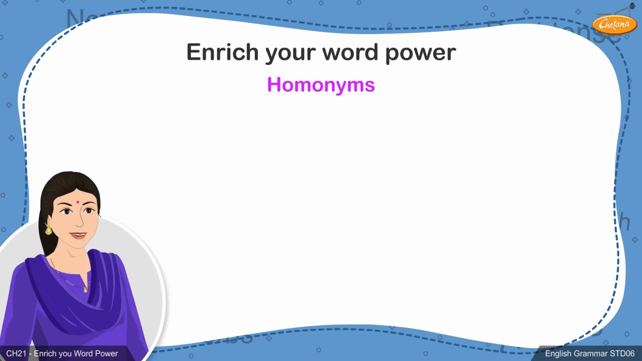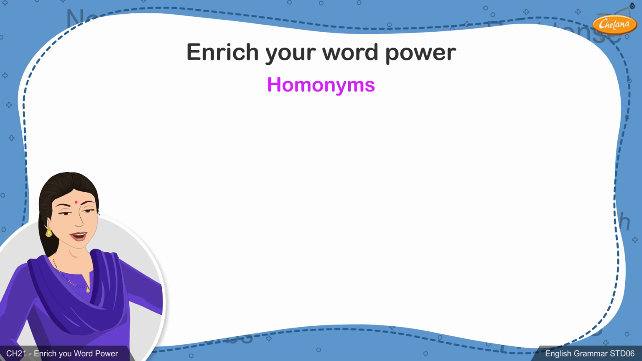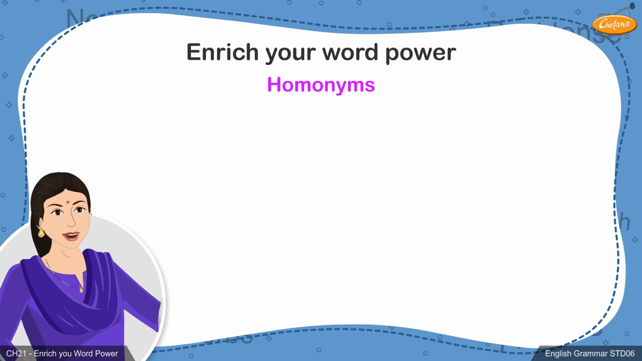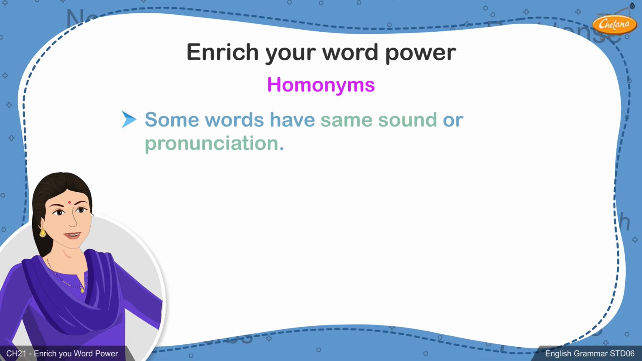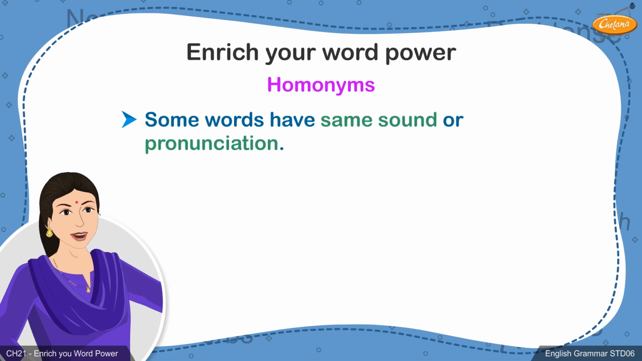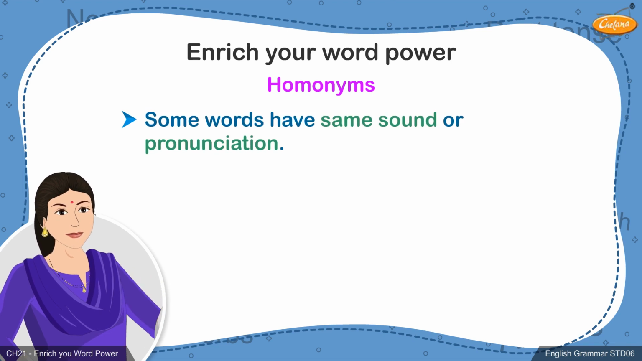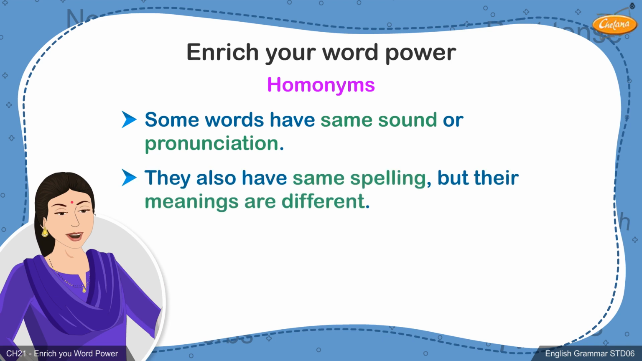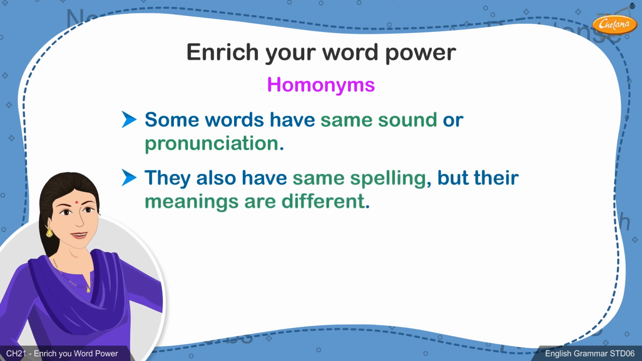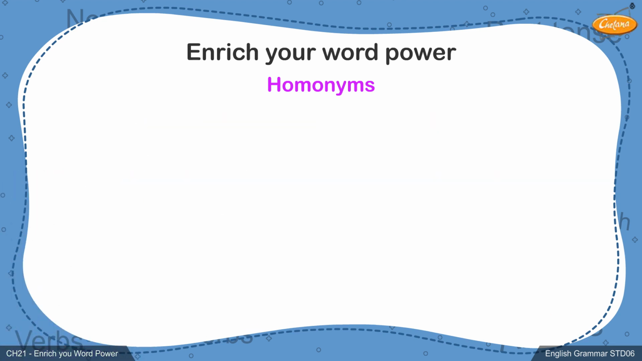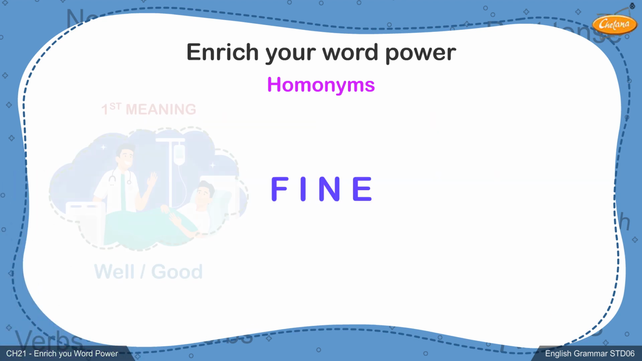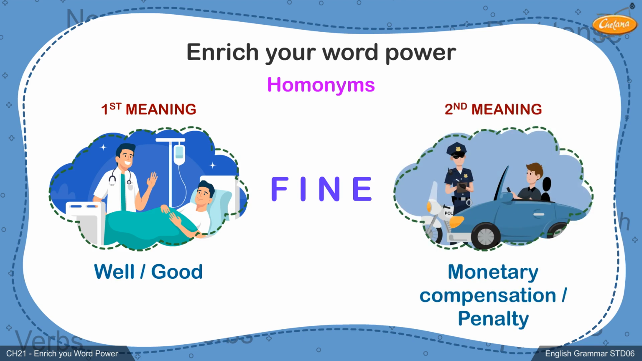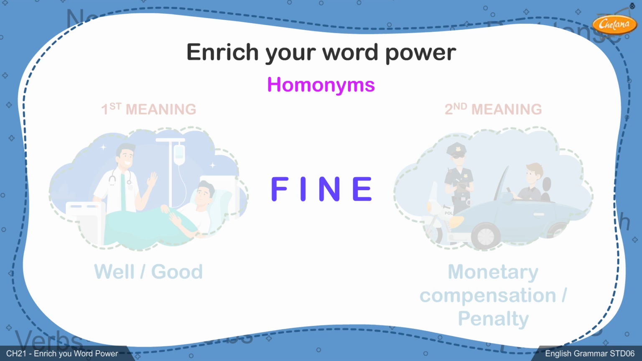The next vocabulary concept that we are going to discuss is a very interesting one. Students, in the English language, we have certain words that appear to have the same sound or pronunciation. They also tend to have the same spelling, but they mean two completely different things. For example, the word fine can mean to be well, or a monetary compensation, or a penalty. Since the word fine has the same sound and the same spelling, yet can mean different things, this term